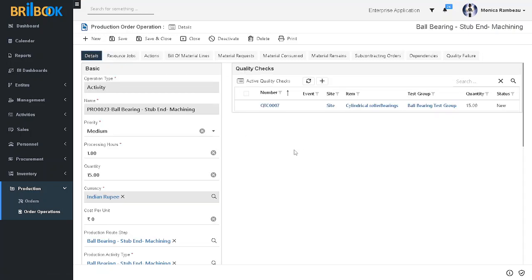Here you can see a quality check has been auto created regarding the production order operation after we have completed the operation. Now our next step is to process this quality check. We have already created a video for completion of quality check. You can refer to the creation of quick QC for production order video for further processing the quality check. Now I will complete this quality check record by logging in with quality user.